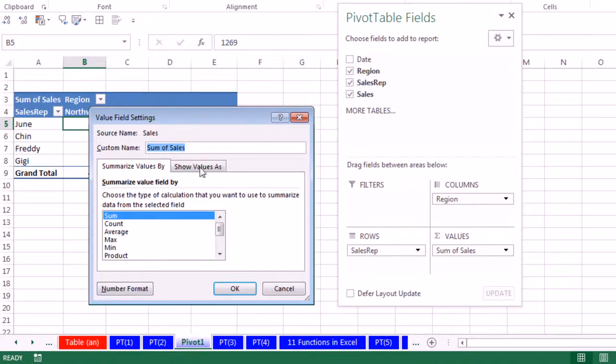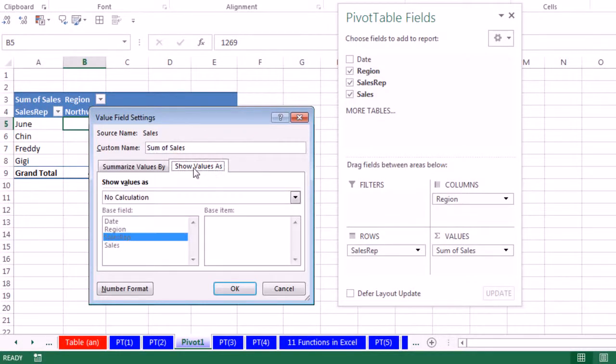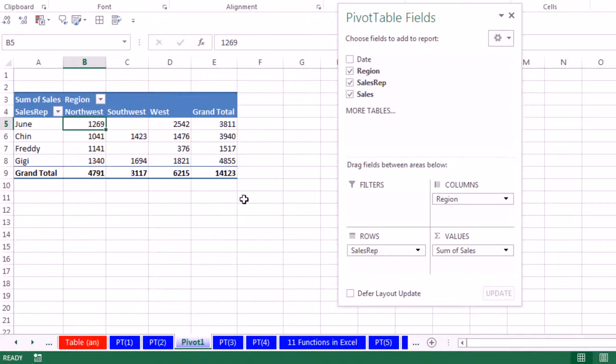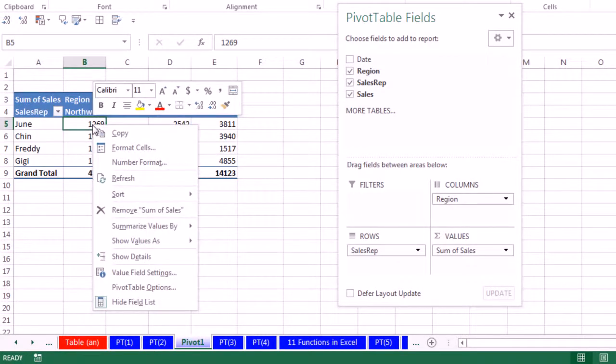In the next class after Business 216, Business 214, Highline Excel class, we see how to do all sorts of other calculations with show values as. This is the one-stop shopping. But let me show you a few things here. If we wanted to quickly change sum to average, right-click, summarize values by, and I can simply change it to